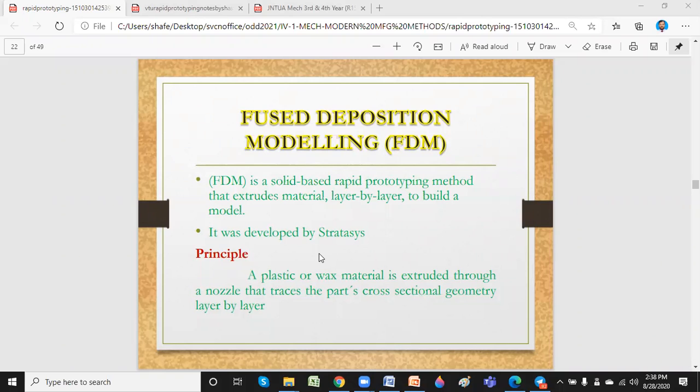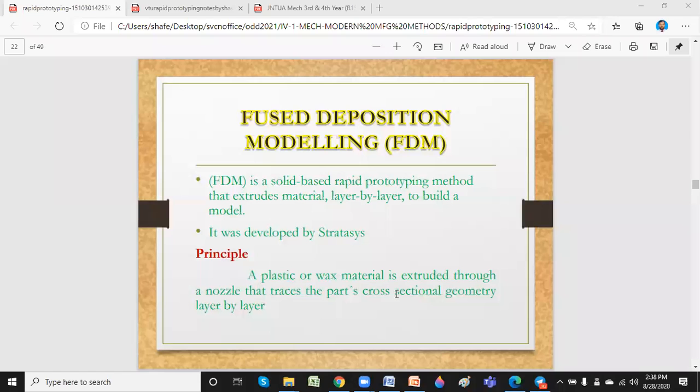Unlike the stereolithographic process, where you have plastic polymer in a liquid state, here you have a plastic material in the form of wire, which melts using heat and comes through the nozzle. Once it comes through the nozzle, it deposits on a surface and produces the shape of the model layer by layer. That is the principle of fused deposition modeling.